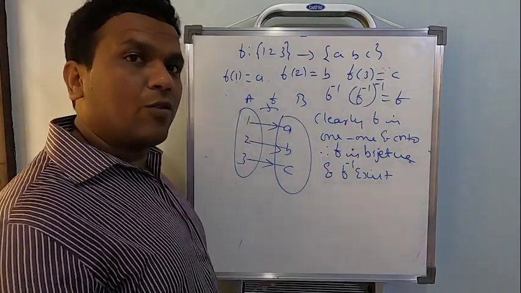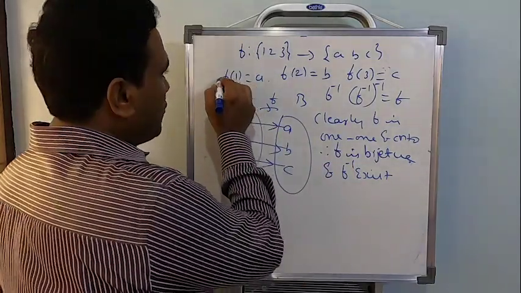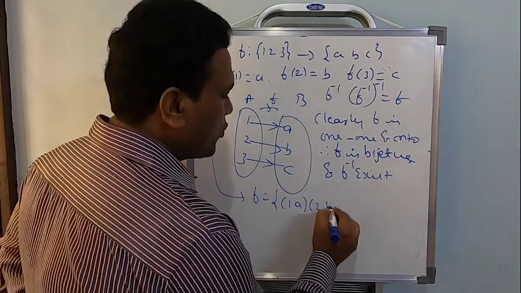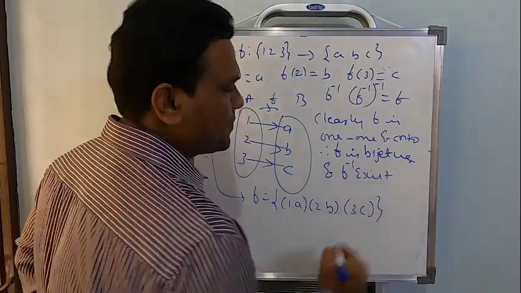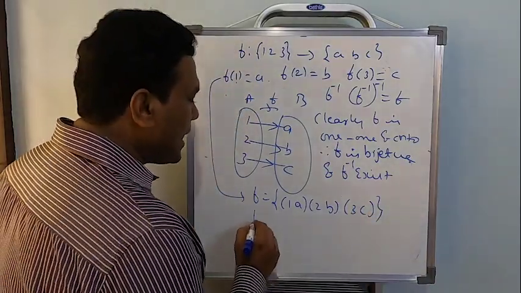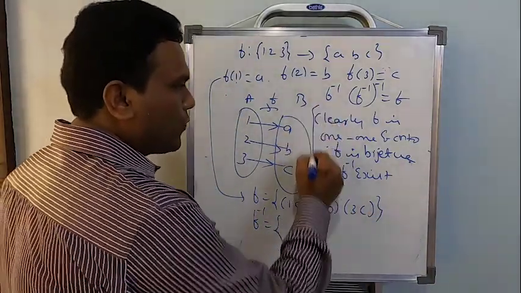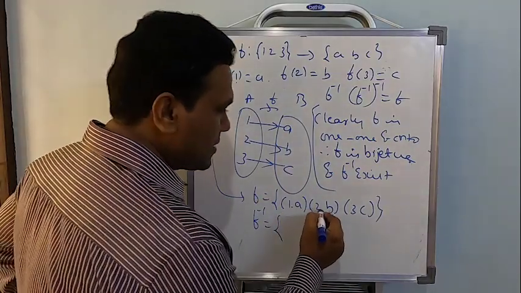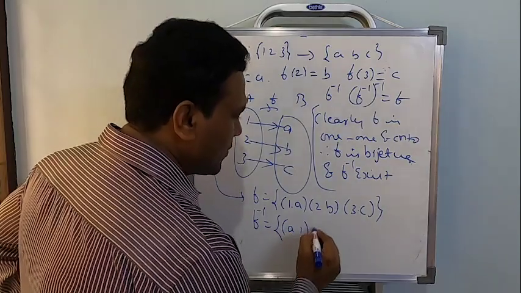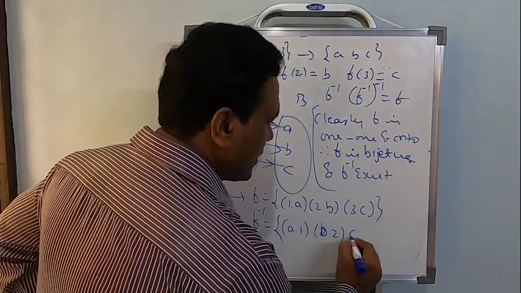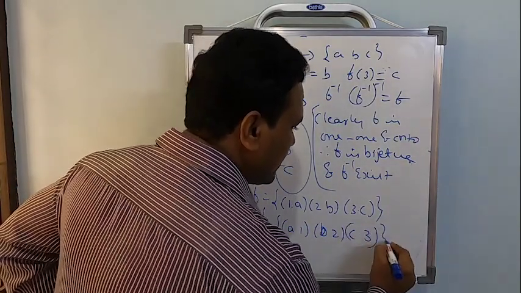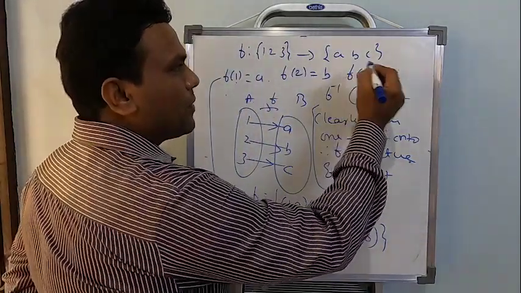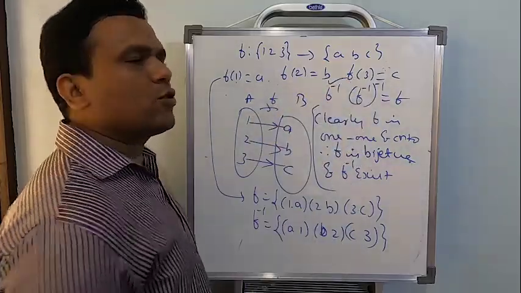If f inverse exists, how do you find f inverse? See, f, what they have mentioned here, no? This f can be written as (1, a), (2, b) and (3, c). Clear? Now, f inverse. First check whether f inverse exists. I got to know f inverse exists. Then reverse these elements. So (a, 1), (b, 2) and (c, 3). These will be the elements for f inverse. Clear? So I got my first part. Find f inverse. It's over.